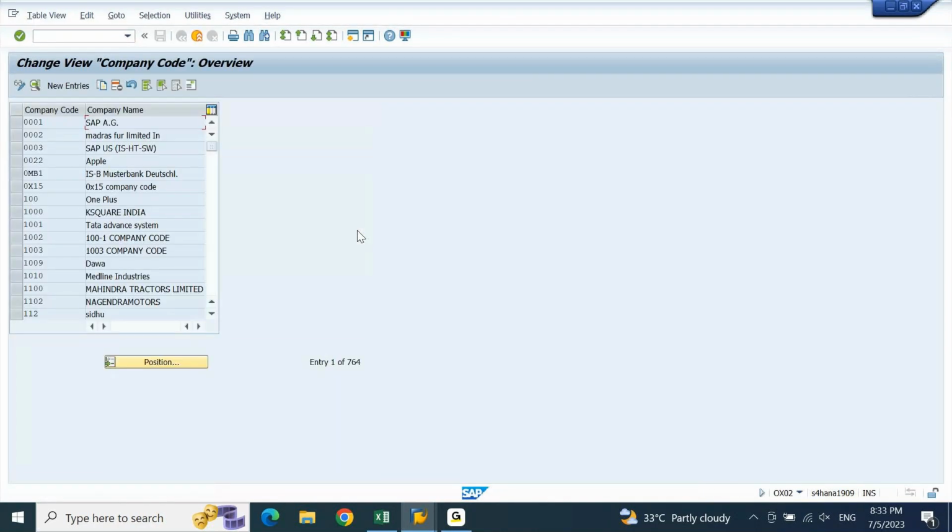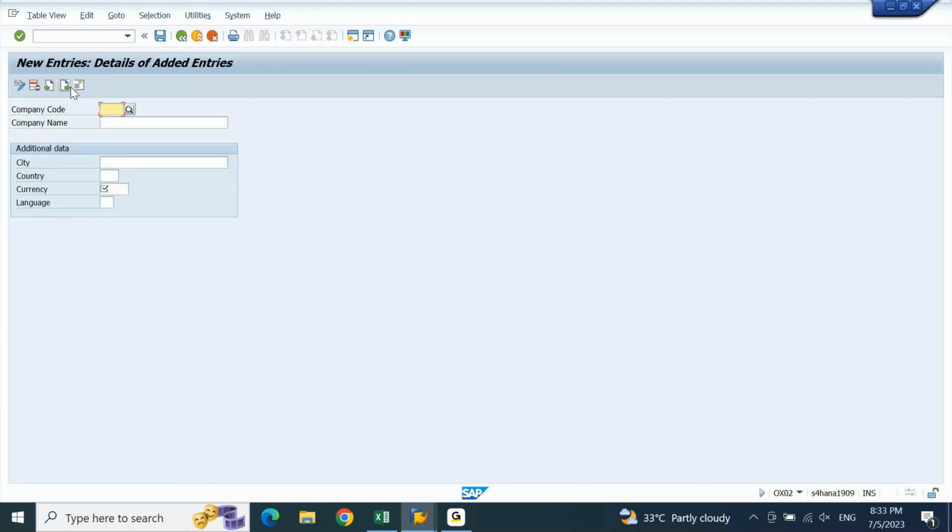Let's say I'll go to one screen, something like company code creation. While teaching you, I may be explaining what a company code is. Then to do the config, I will tell you to click on new entries and put a 4-digit alphanumeric code. I will put something like ABCD. Okay, then I'll put some company name here. I will put some city, some country, some currency, some language.